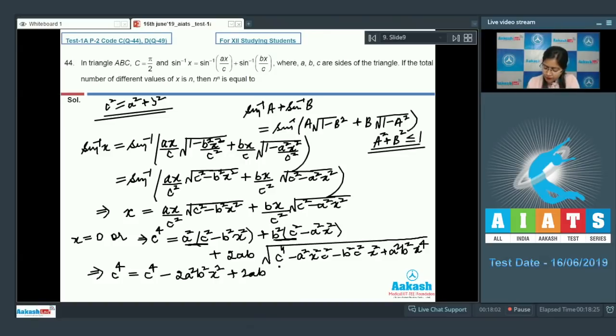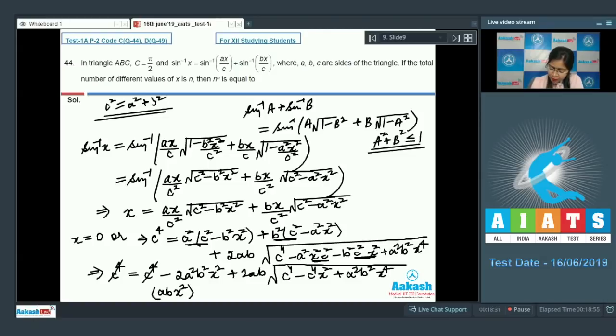Plus 2ab into under root of, here taking x square c square common, we will get again a square plus b square, that is c square. So we have minus c raised to the power 4 into x square plus a square b square x raised to the power 4. So these two will get cancelled. Now 2ab will also get cancelled with here 2ab. So we are left with